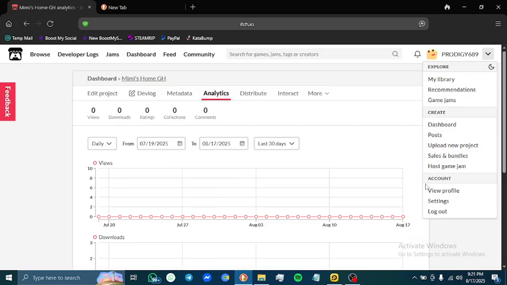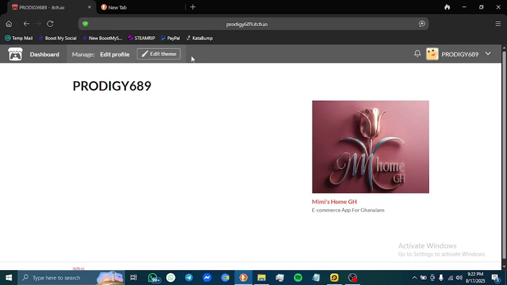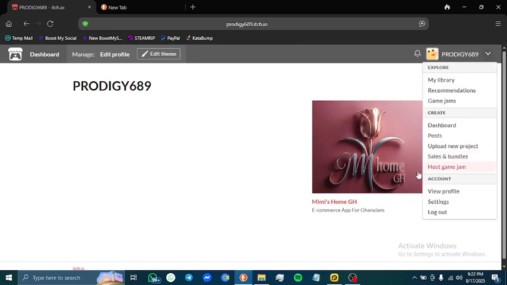But if you want to see how your app looks on the store, you go to view your profile, view profile. On the view profile page, you would see your app. You can edit your profile in the settings side and add a profile picture and all of those things. So when someone comes to your profile and opens the Mimi's Home GH,